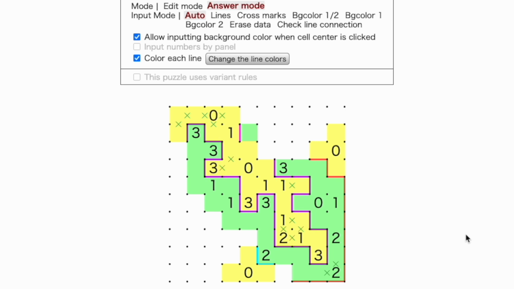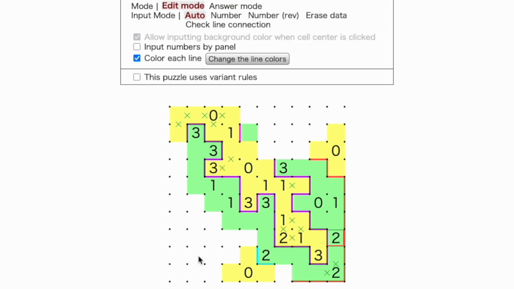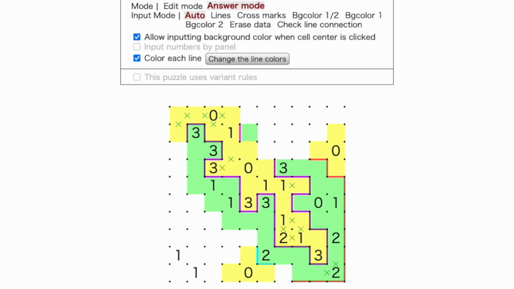Let's see. Corner patterns. Maybe something in one of these corners that could be interesting. If we've got 1s in a corner, like so, that's slightly interesting because either the loop comes around the outside, then these can't be part of the loop. And if it doesn't, if this is not part of the loop